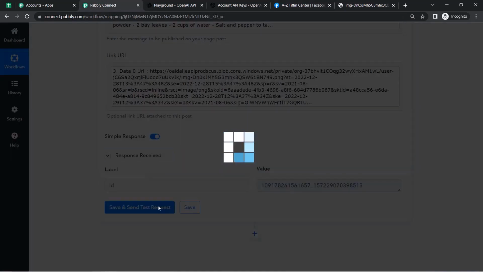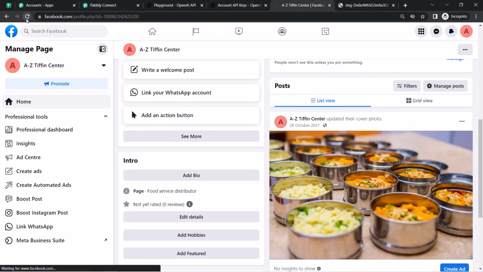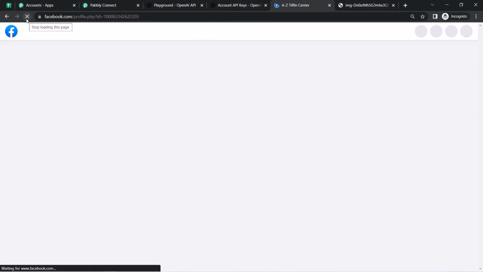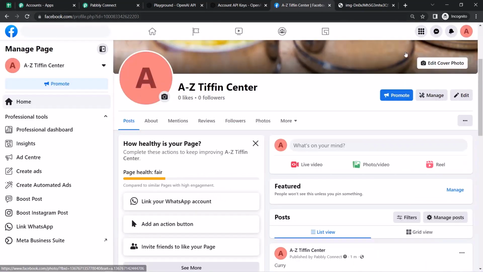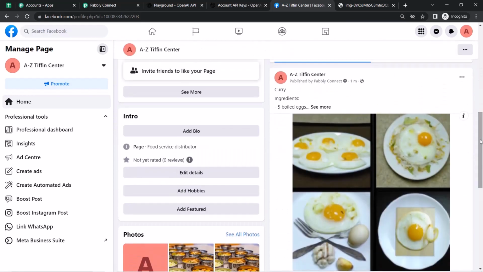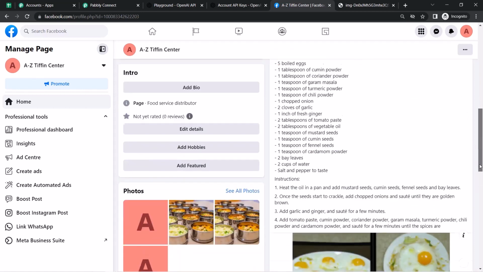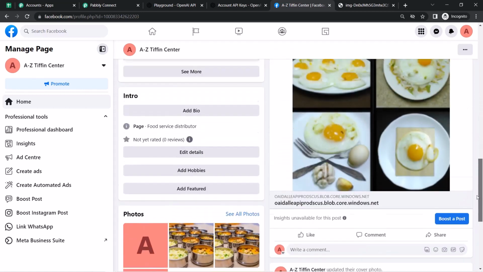All right, and here you can see the response has been received. Going back to my Facebook account, let me refresh this page, and again fingers crossed. Let us check whether that image has got posted or not. And yes, you can see the content and the image has been posted, but as I have just told you